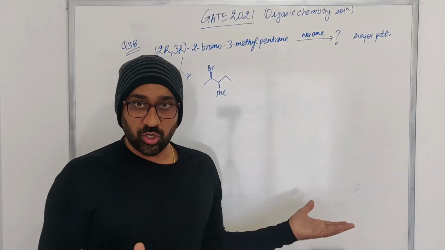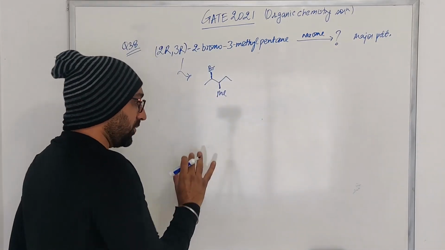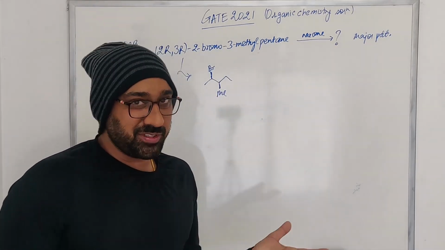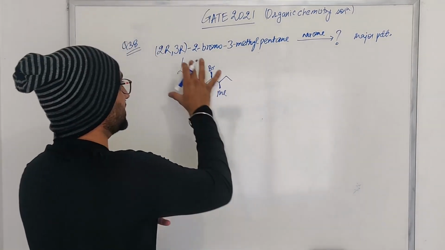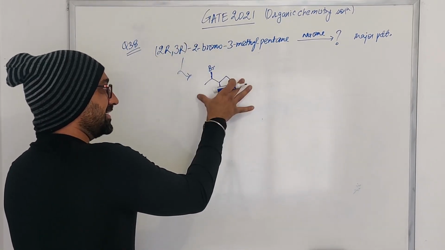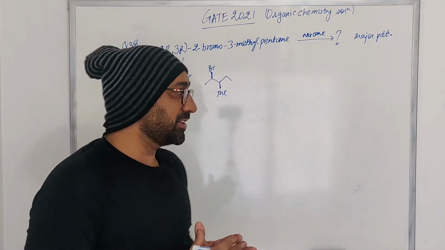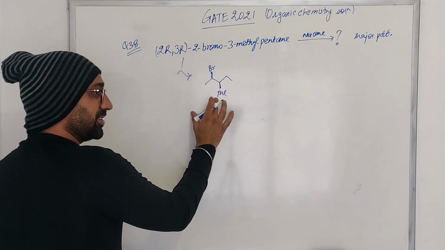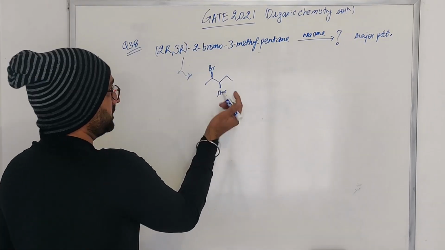Treated with sodium methoxide, which is going to be the major product of this particular reaction. Now, this problem is very simple, but sometimes the mistake students make is that when we are given structures, they don't have the practice for the R and S configuration. So if I draw the structure of this name, this is going to be the structure: 2R